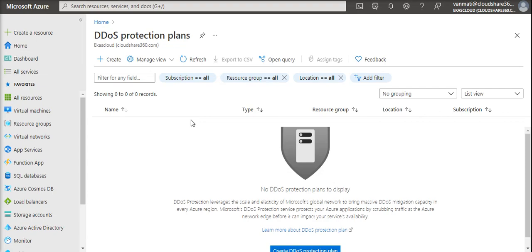Now, the overall summary of DDoS protection plans is that this service is from Azure, and it was designed to do two things: detect malicious traffic coming from the attackers while still allowing our legitimate users to connect to our services, but also to prevent customers from paying more if they have an auto scaling environment.